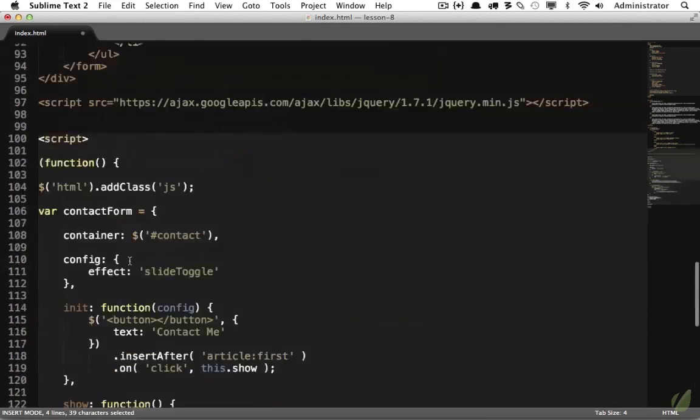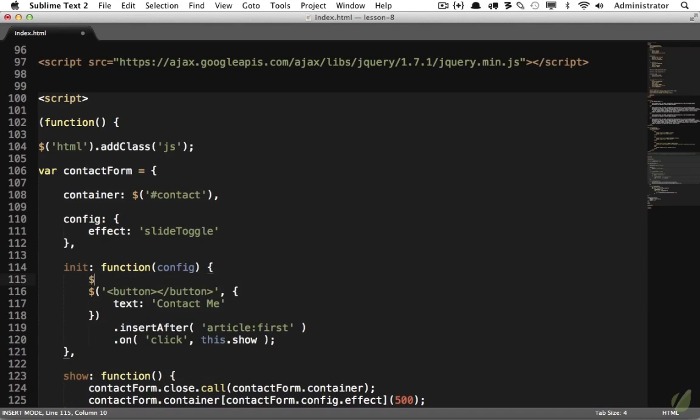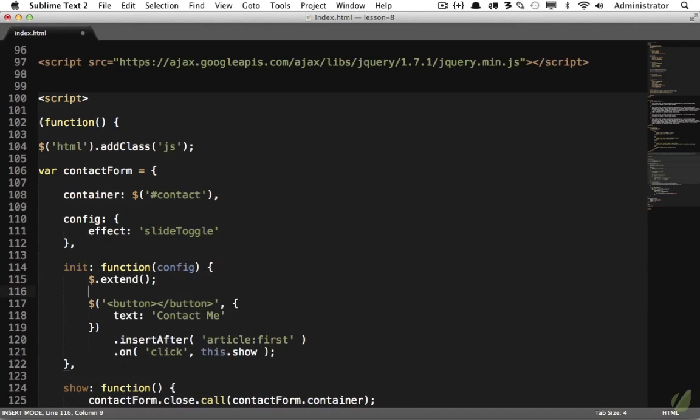Now we can use a helpful method that's part of jQuery core, where we can say jQuery.extend. And this is pretty neat. What this allows us to do is apply a default object. And we've already created that right here. So we are going to extend this.config. And I want to say, here's my object. Next, I want to take whatever the user passed within their own object, and that's going to override anything that